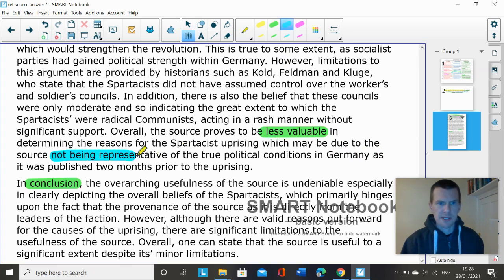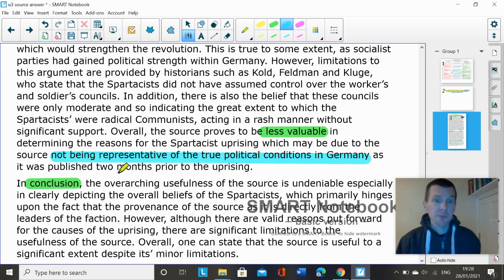So this is a bit of own knowledge here. As it was published 2 months prior to the uprising, just noting again that provenance and the impact the provenance has on the content. So that tying together of the provenance, like where the sources come from, who wrote it, when they wrote it, why they wrote it, what it is, and saying that has an impact upon the usefulness of a source,